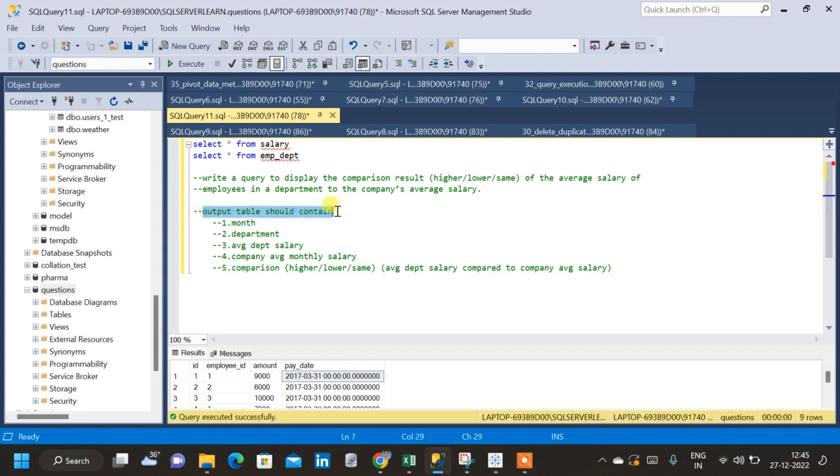So our output should contain the 5 columns which are the month in which the employees are getting paid, the corresponding department, then the average department salary, then the company average monthly salary, that is the overall average salary that is provided by the company. Then finally we have to compare the average monthly salary and average department monthly salary. Then we have to show either the average department salary is greater than or less than, or if it's equal to the company average salary. So let us start